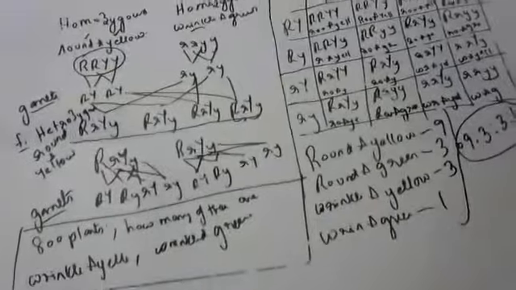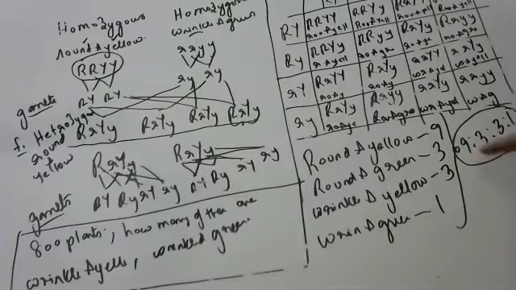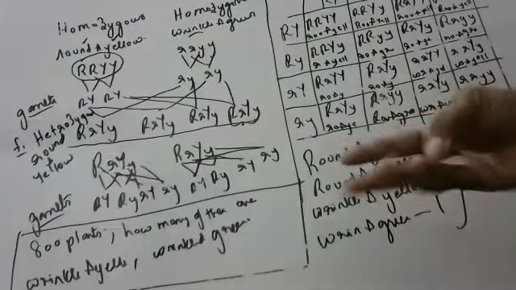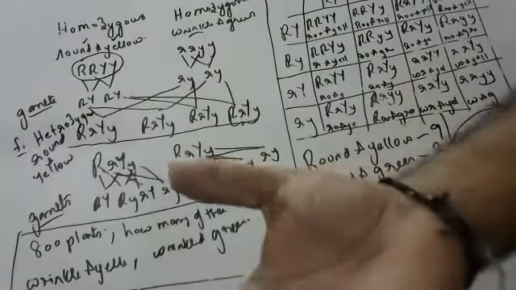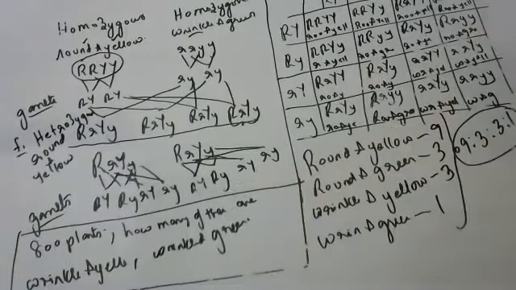If you get a question like this, of course the numbers have changed, but a question like this has come. What do you answer? This ratio will help you, children. 9:3:3:1 will help you. Sir, for 16 outcomes, if wrinkled and yellow are 3, then for 800, how many will be? Fantastic. Cross multiplication. Very good. Wrinkled and green 50. Super, Pranati.